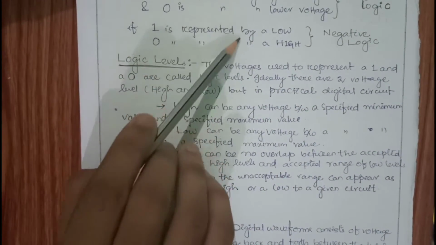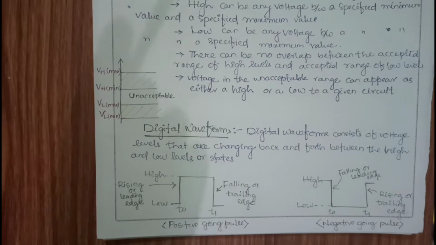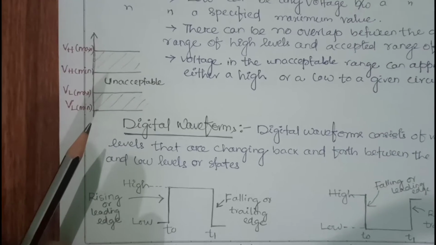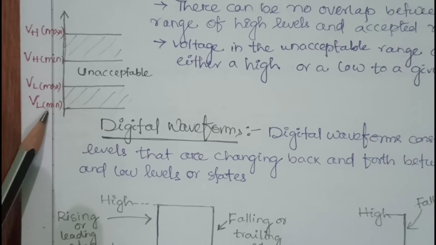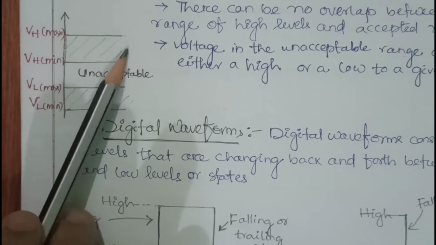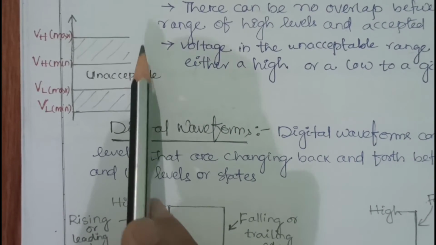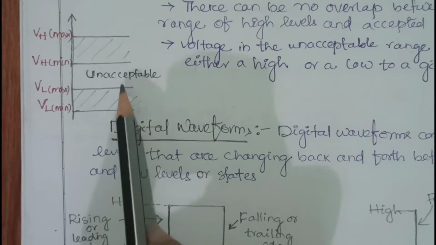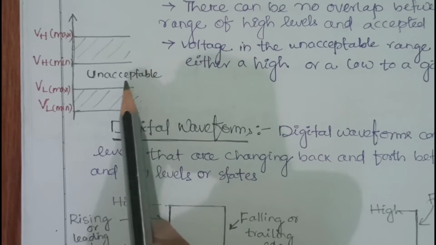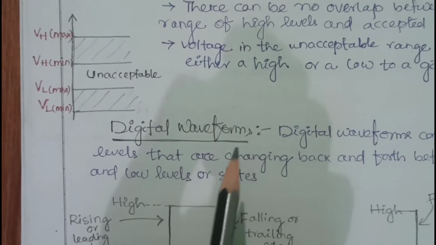But what I told you are the ideal cases: 1 is totally high, 0 is totally low. Practically, there is a range of voltage levels. You can see here VL minimum and VL maximum, which means for a low voltage level there is a range. Similarly for a high voltage level there is a range. As I gave in this example, if the values are 0.8, 1.2, 2.5 and 3, then from 0.8 to 1.2 is the low level, and from 2.5 to 3 is the high level. From 1.5 to 2, that value is unacceptable. That value depends upon our requirement; it can be high, it can be low.